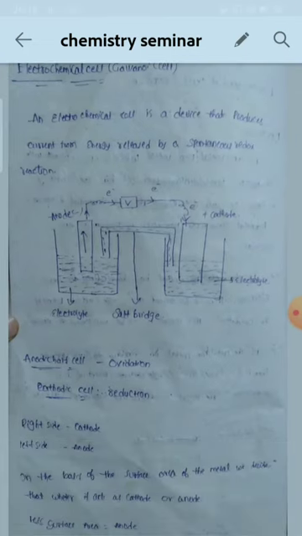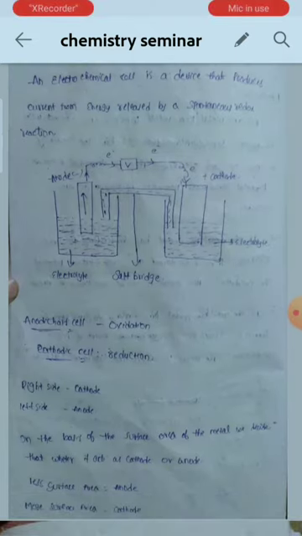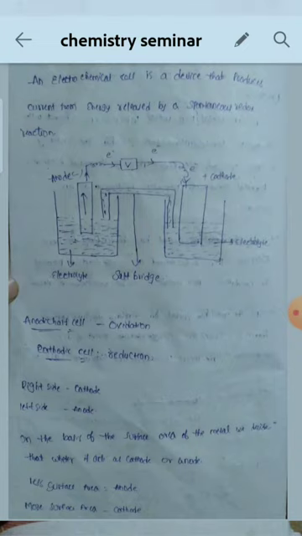Now coming to the concept of electrochemical cell or galvanic cell. An electrochemical cell is a device that produces current from energy released by a spontaneous redox reaction. The electrochemical cell consists of two electrodes, known as anode and cathode, and two electrolyte solutions, and these two electrolyte solutions are connected by using a salt bridge. This salt bridge mainly maintains the electrical neutrality between these two electrolyte solutions,